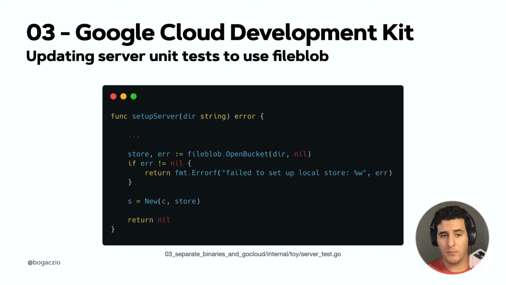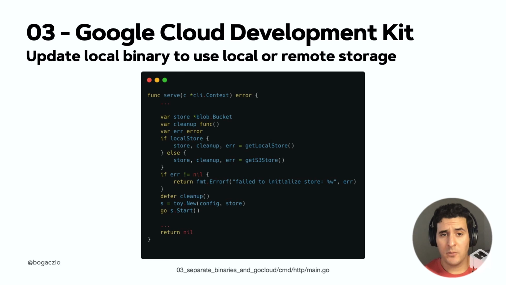So what that lets us do, for example, in our unit tests, in this server setup that we briefly looked at earlier, is just open up this file blob, as we're now requiring a file blob instead of our own store interface. That works great. It also gives us some flexibility: if we want to exercise a little bit more of the full system, as opposed to using a local backend when we're running locally and a remote backend when we're deployed remotely,